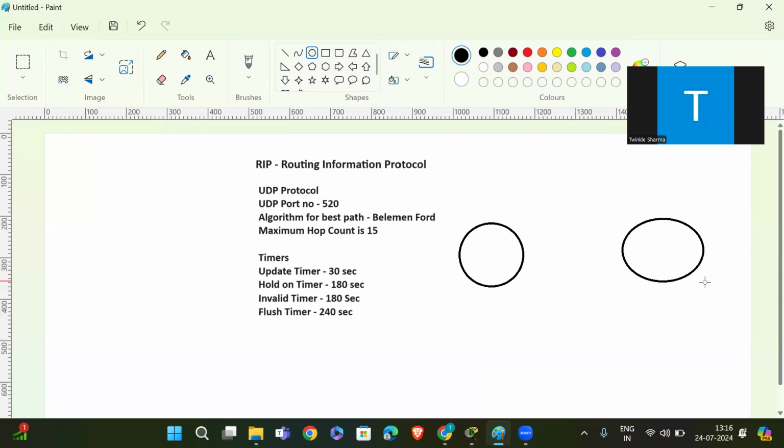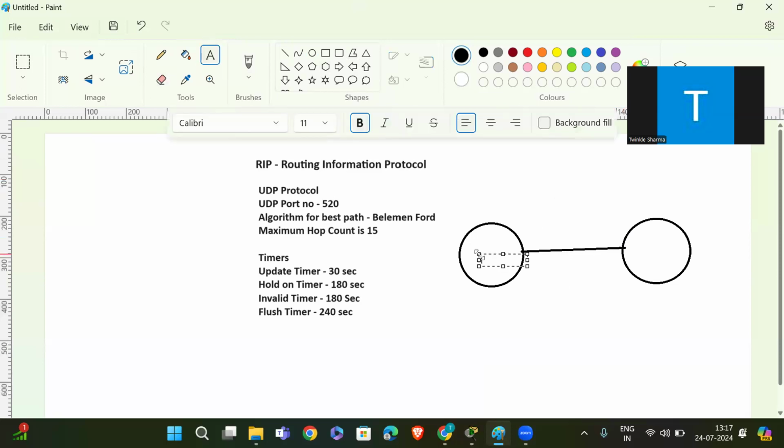Okay, so let me explain how the timers work. I have these two routers connected. All of them have the RIP protocol, and this also has RIP. So I have this network 192.168.10.0.